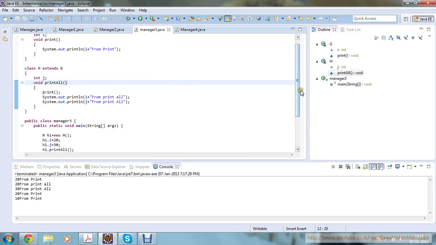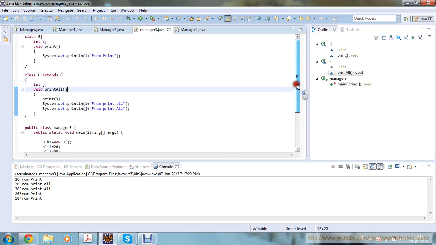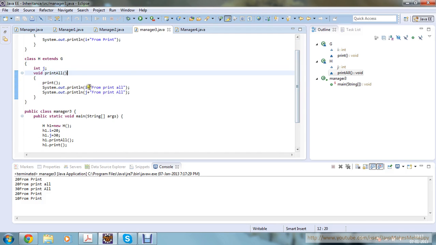Why? Because as you see, I have called h1.printall, and from printall it's calling print, and from print, i is initialized to 20. Why? Because h1.i equals 20. So we are defining h1.i and calling print, and that's why it's calling print and i from print. So it's printing the value 20, and h1.j equals 30, and we're calling h1.printall, so